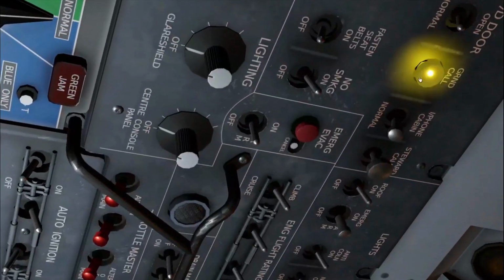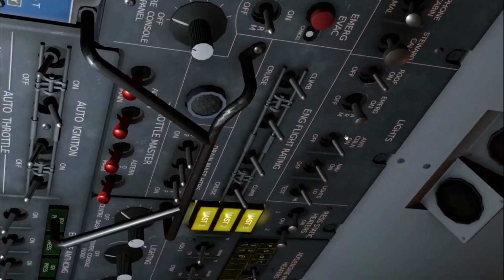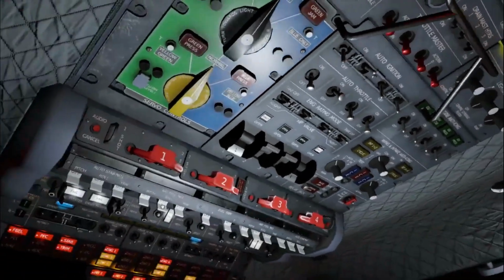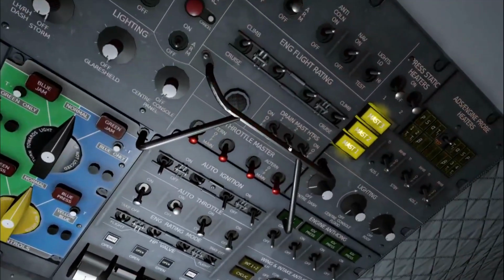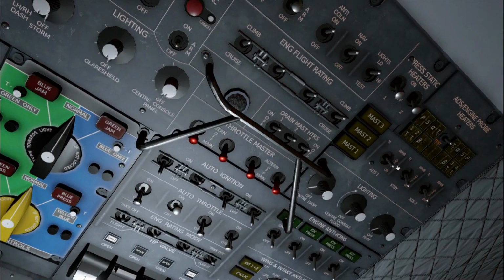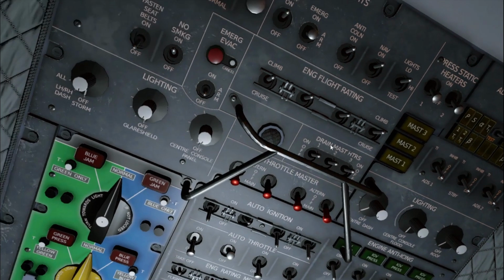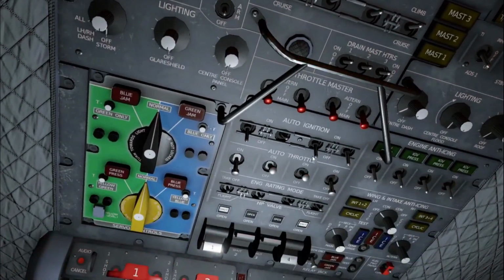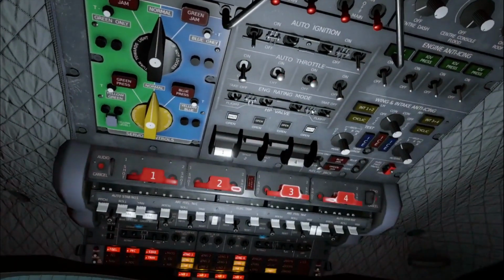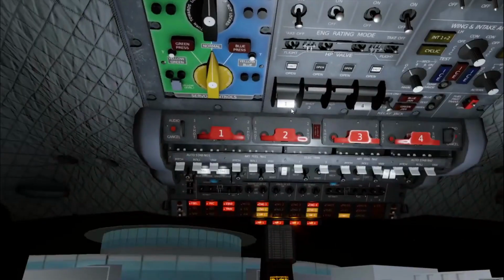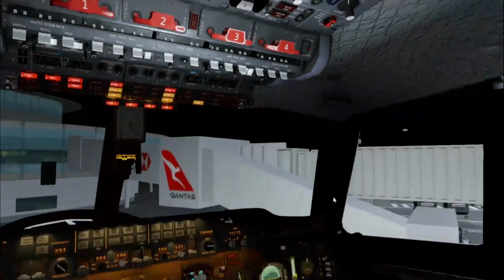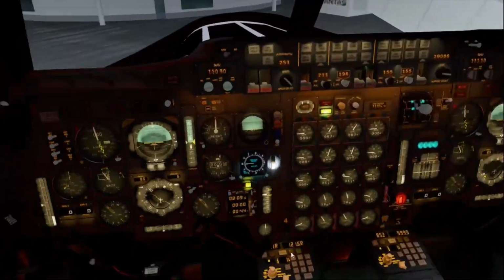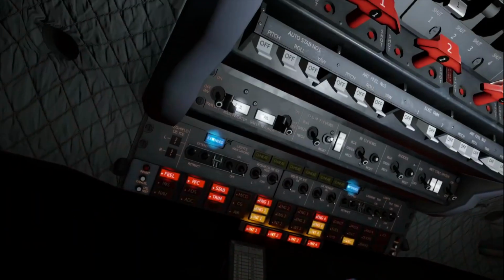We will switch off this one, which is the ground call. We will set on some heaters. Yeah, it was set on, we can leave it. There is a test. Okay, no problems. Seat belts. This is running, this is running. Yeah, when we have hydraulics, we can set on